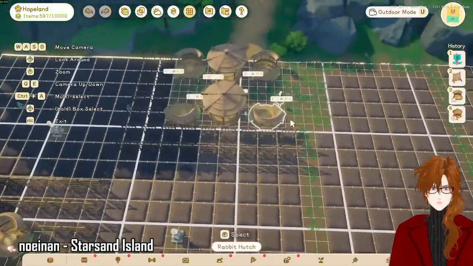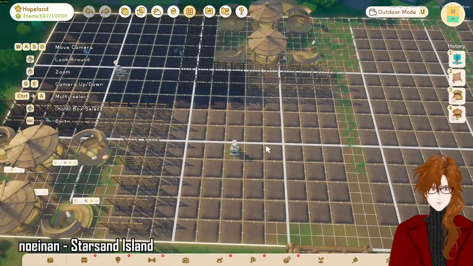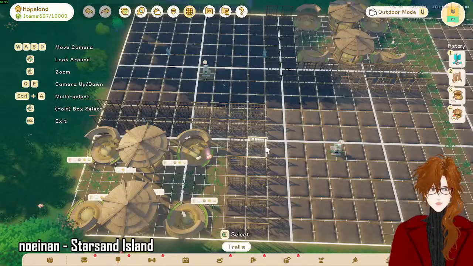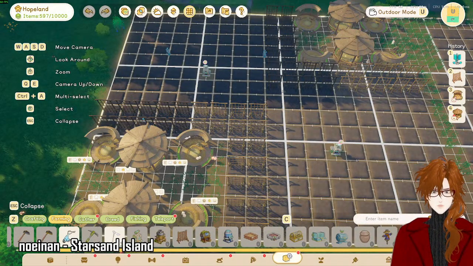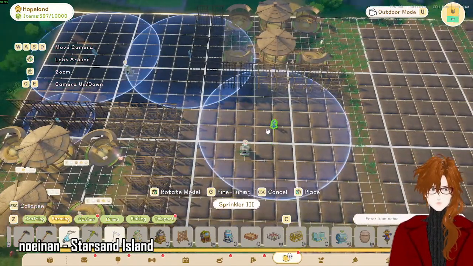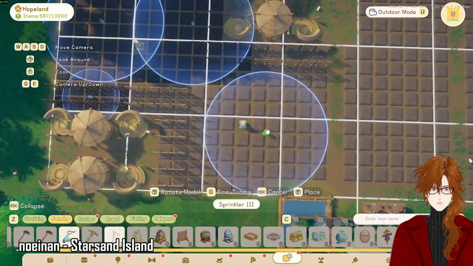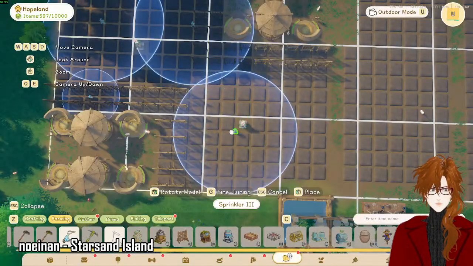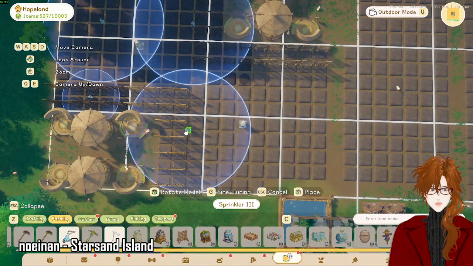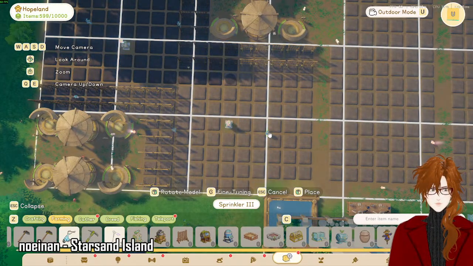Zoom way the hell out. And get started on placing. What did I have? What? Oh, sprinklers. Duh. Okay. Sprinklers. Go somewhere. So where was I putting these things? 3 over 1, 2, 3. So I think this one goes here. And this other one goes over 1, 2. And that,